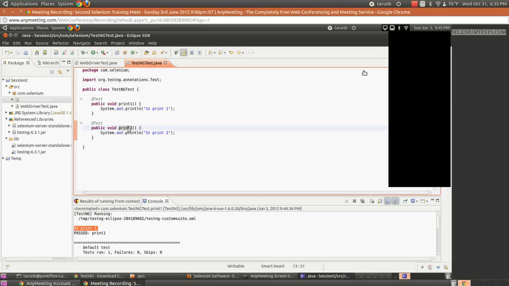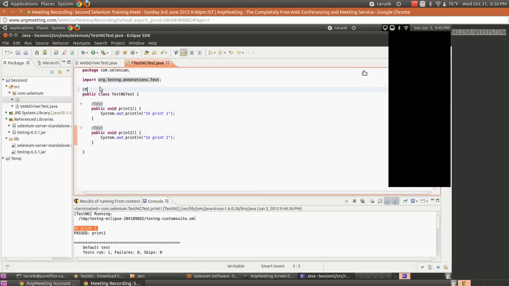Now if you noticed, we have not written a main method ourselves. The main method might be somewhere in the TestNG framework itself. So TestNG is doing the things for us. In the same way, you can mark the entire class as test. When you do this, all the methods in the class become test methods. So I have marked the class as test.